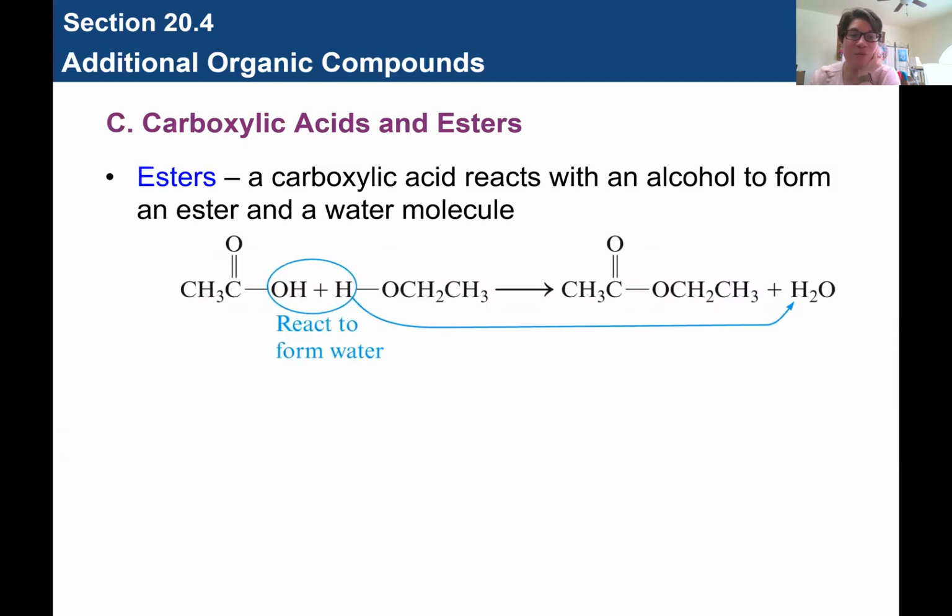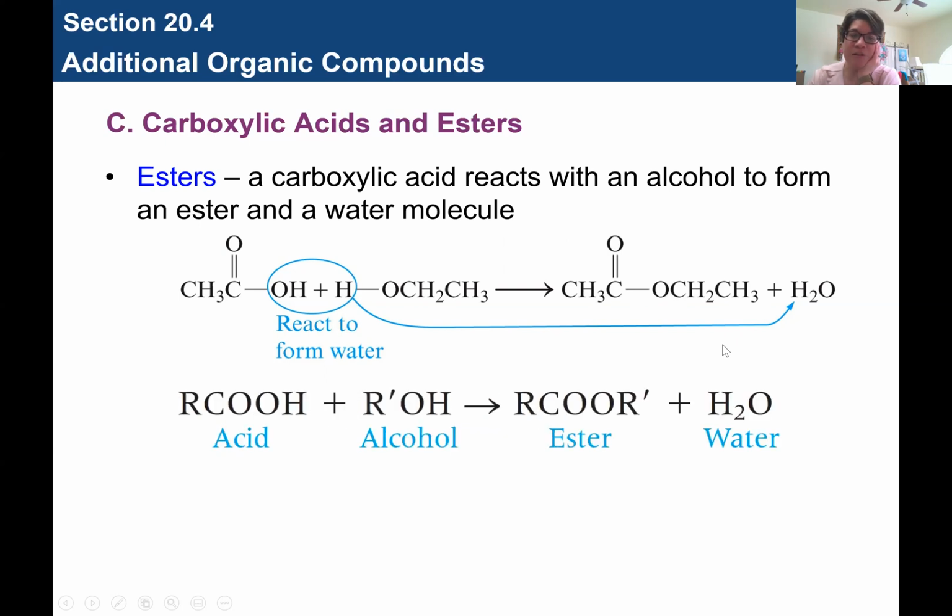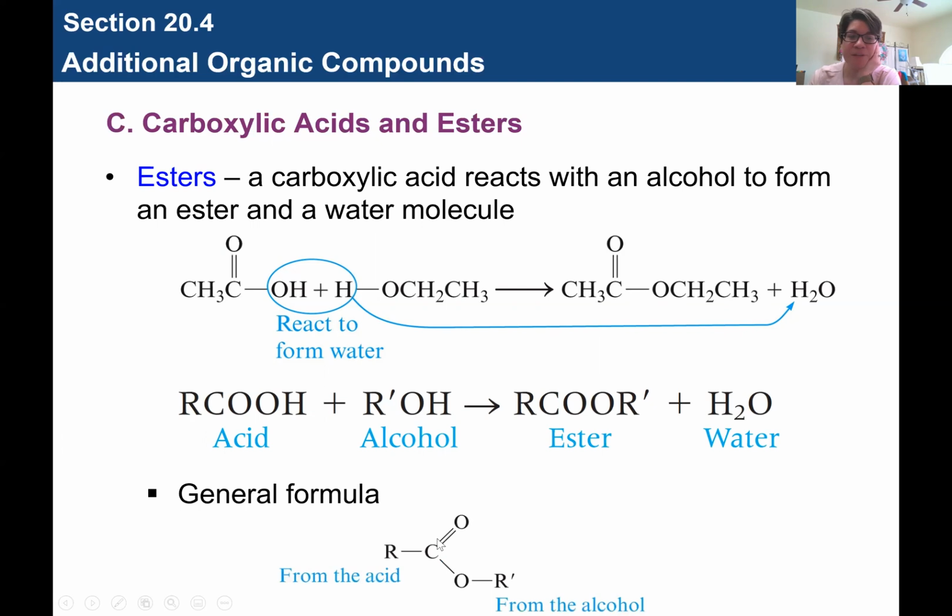Esters are the next one. Esters have a double bonded O here, and then another O with C's. So it's kind of like a carboxylic acid, but instead of stopping here with H's, they have carbons. That's an example of a reaction. So here you have a carboxylic acid, a COOH, reacting with an alcohol, and it's going to make an ester and water. So you have a double bonded O and then an O bonded to other carbons. There it is. So it kind of looks like a COOH, kind of looks like a carboxylic acid, but